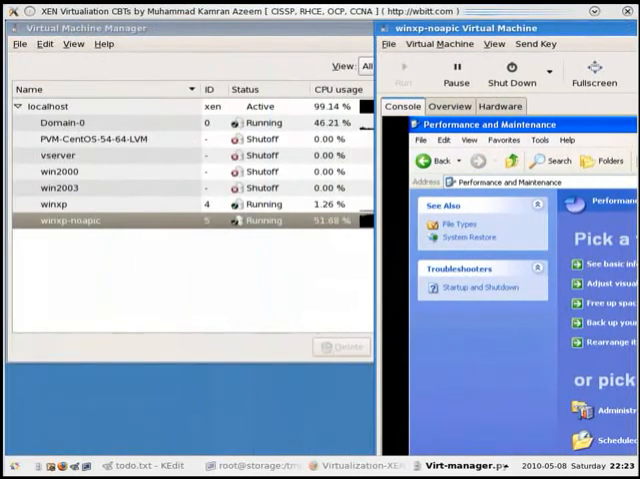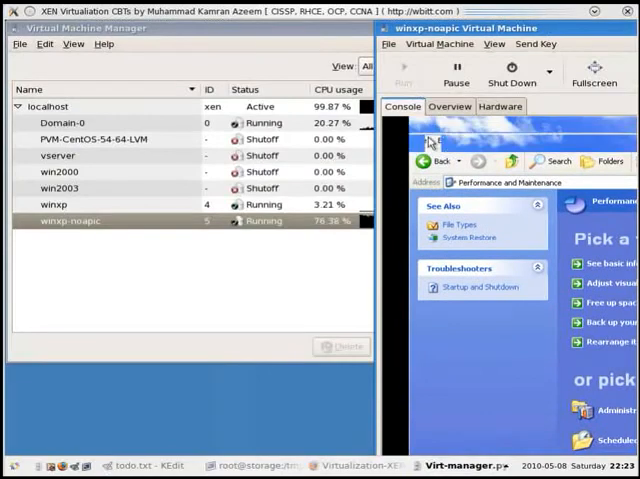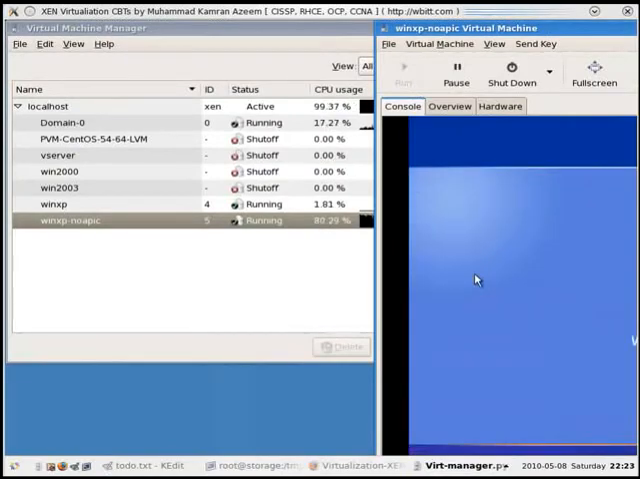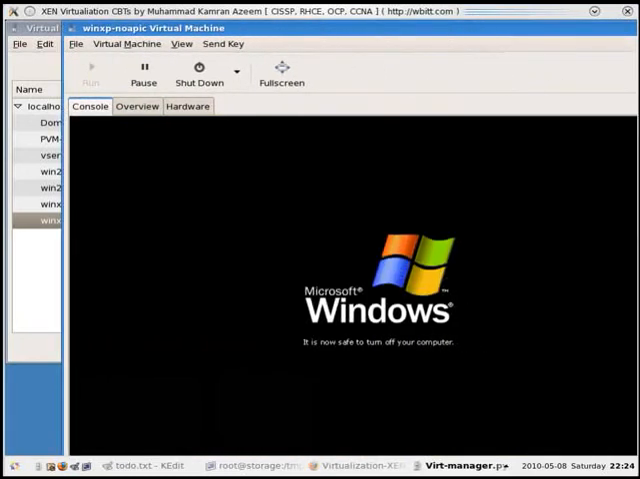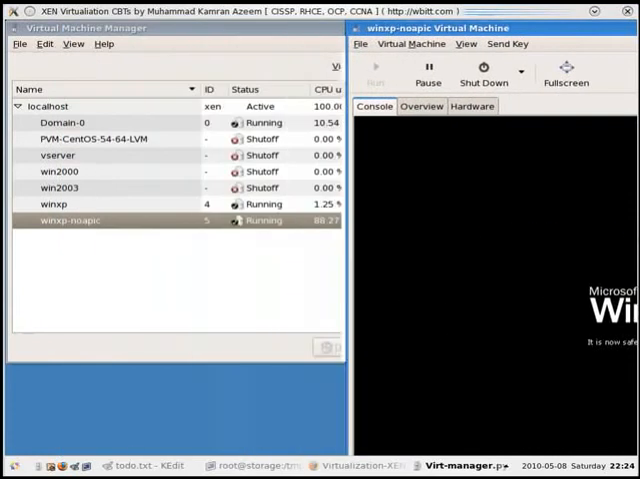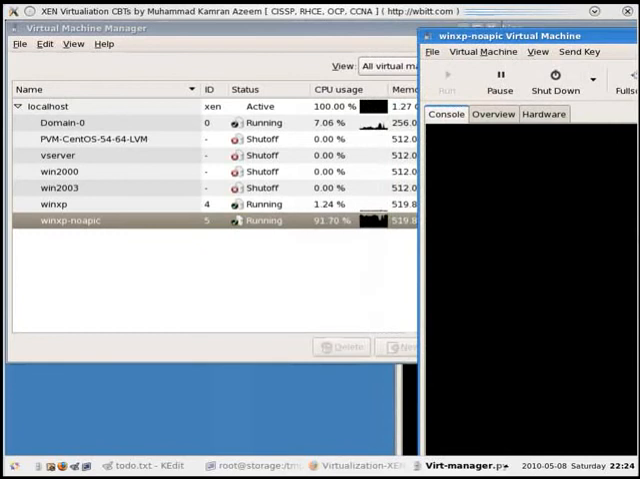Move this window here. It's consuming 90%. I'm going to shut it down by using start, shut down, turn off, okay, and then again undo the full screen so I can see what's happening here. Okay, shutting down. See how slow it is. Windows says it's safe to turn off your computer, and it's utilizing 86% of CPU even in this state,